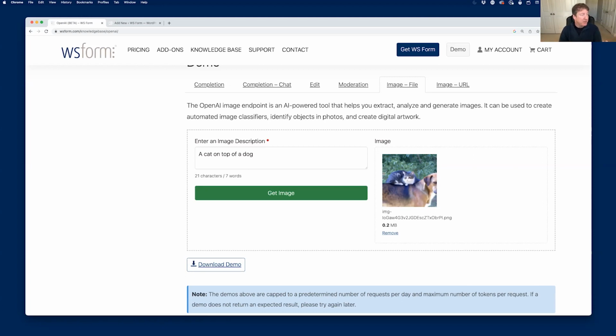Or it could be used for an avatar for a user or whatever you want to use that image field for. You could even push that through to any of our add-ons like Slack or any of the third parties that we integrate with. We have a URL version of that as well. If you just want to get the URL of that image from OpenAI, you can do that. But I'm sure this one will probably be the most popular.